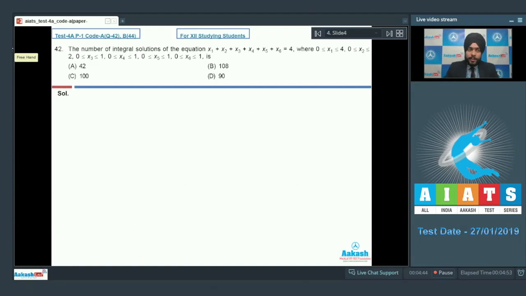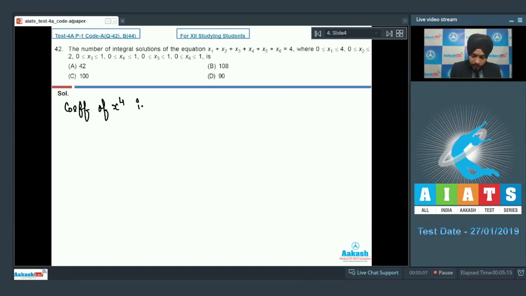Question number 42, based on multinomial theorem, says that the number of integral solutions of the equation x1 plus x2 plus x3 plus x4 plus x5 plus x6 equals 4, where x1 lies between 0 to 4, x2 lies between 0 to 2, x3, x4, x5, x6 all lie between 0 to 1. So we need the coefficient of x raised to power 4